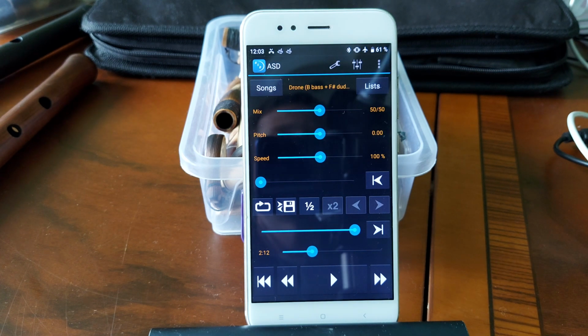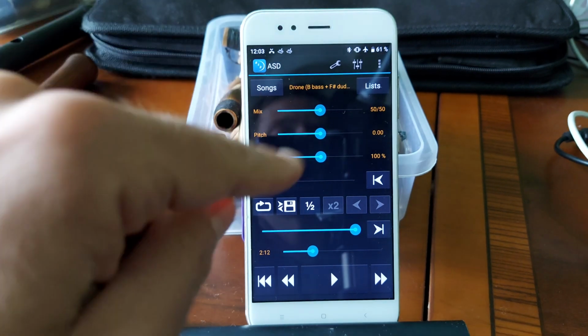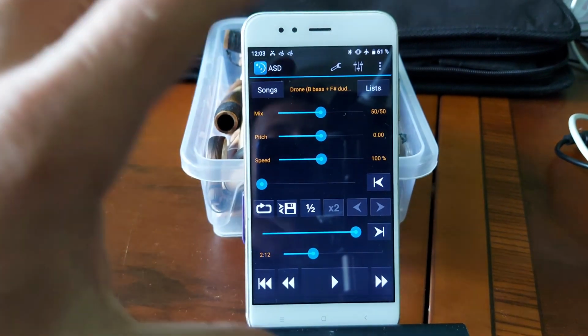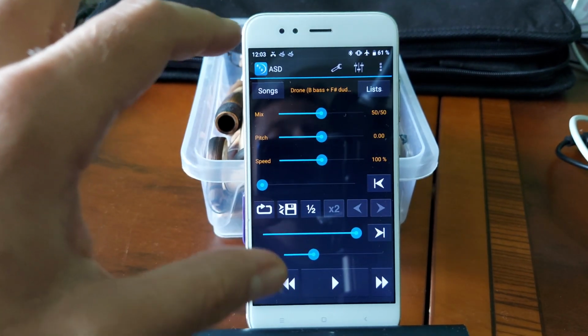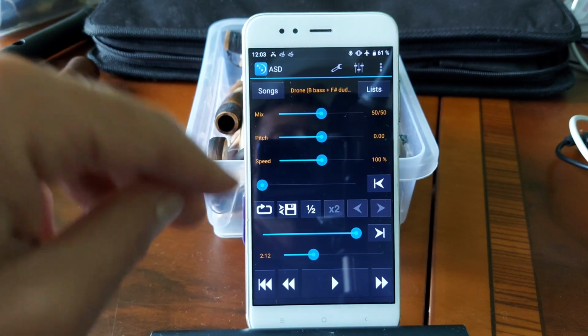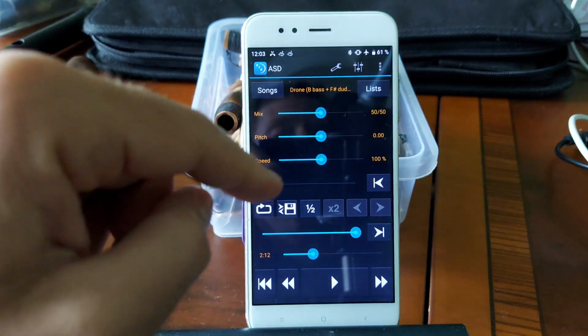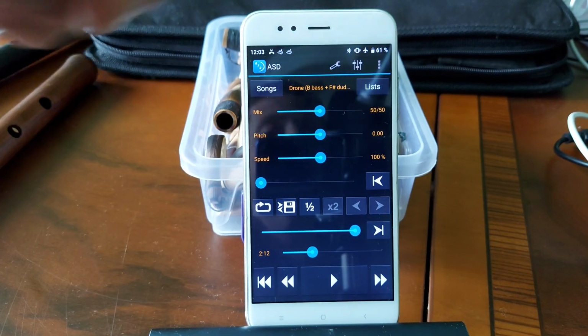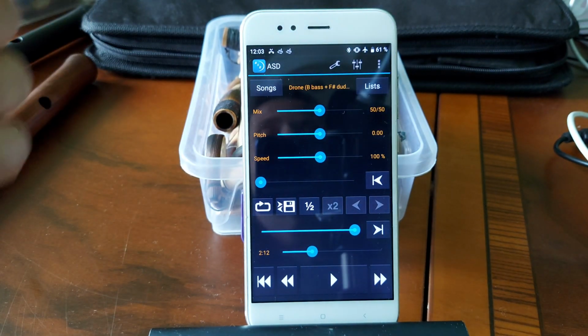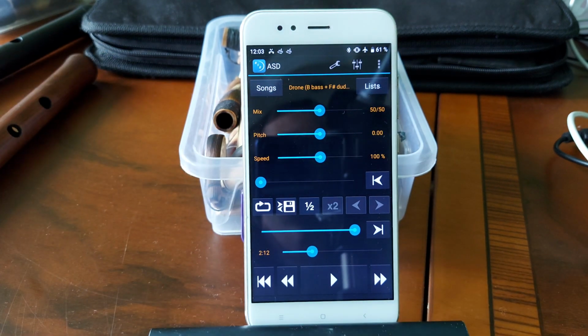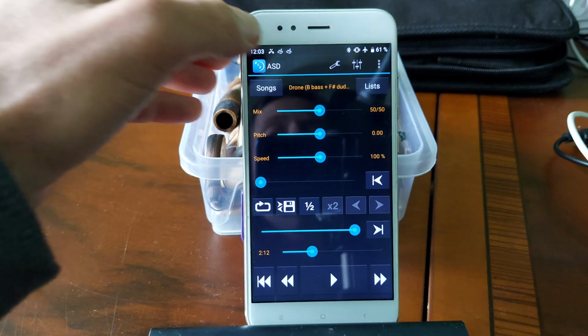So if you have a number of drones, you can import them into your smartphone, then choose the folder and play any drone from here, and the drone will be looped, played again and again, and you can play your duduk on top of it. The beautiful point is that you can have your smartphone in your pocket and take it everywhere, and play the drone everywhere, as well as any other composition.